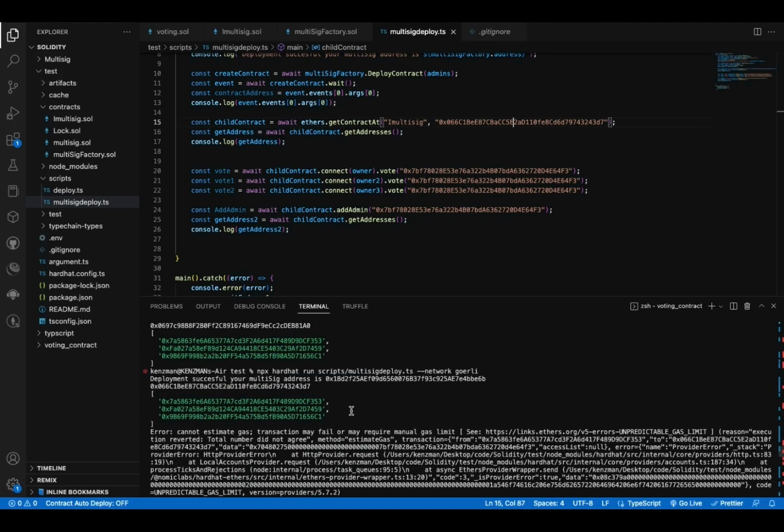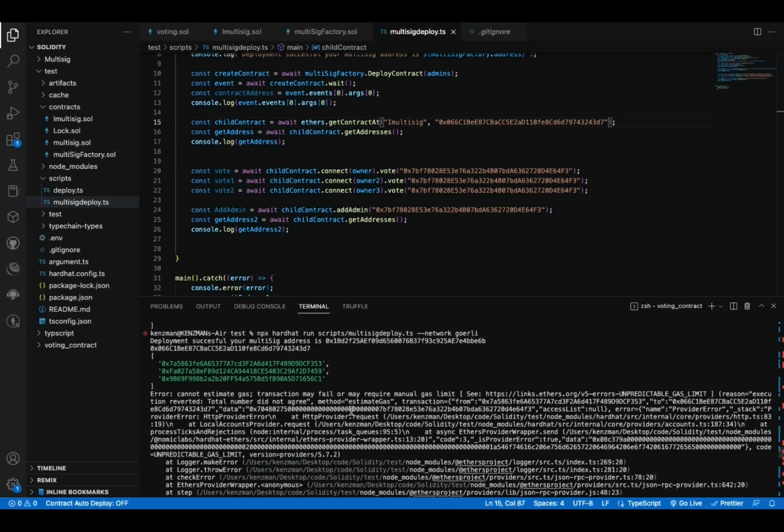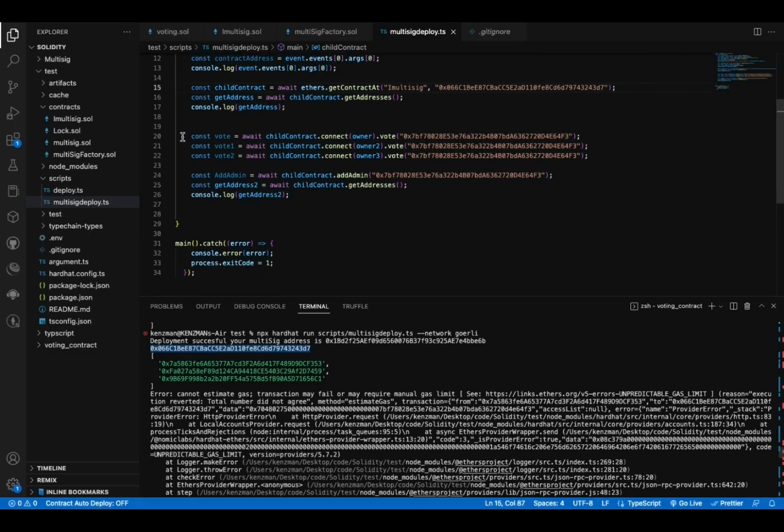I got quite a couple of errors while trying to get this done. So initially, this was where I got my child contract. Initially, it didn't go through because the blockchain was quite congested. So I had to comment out some part of the code so that I would interact with the code that was not initially implemented. So this was just me trying to interact with my child contract,